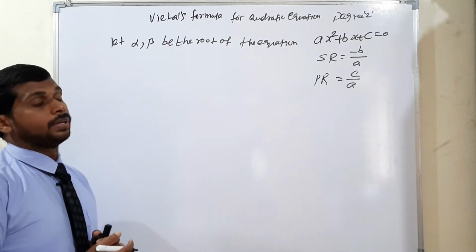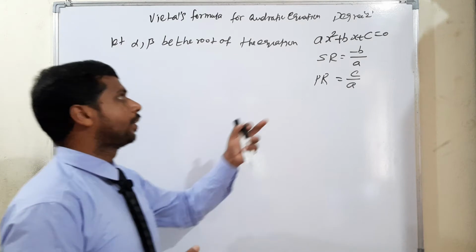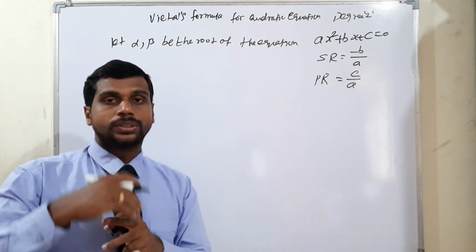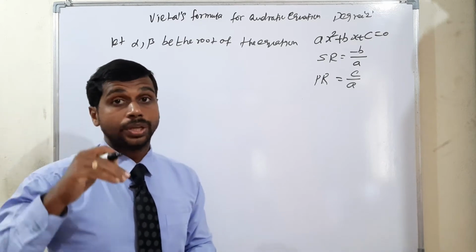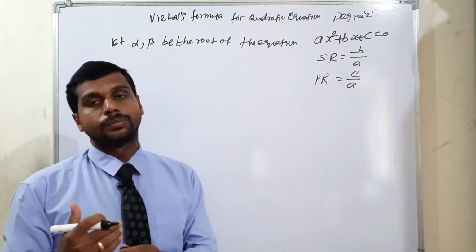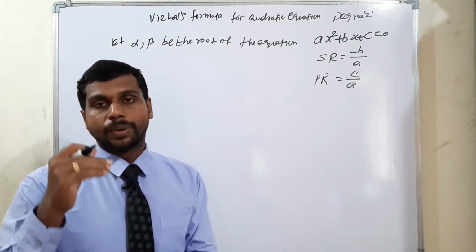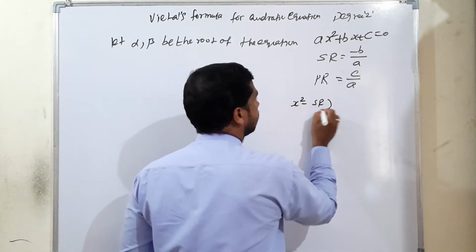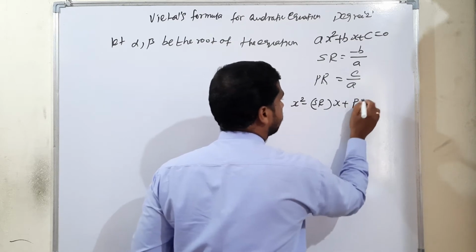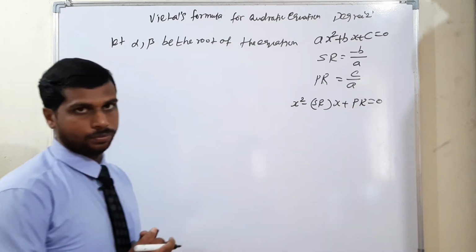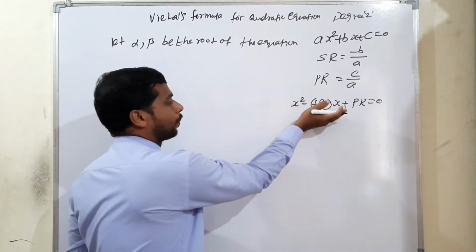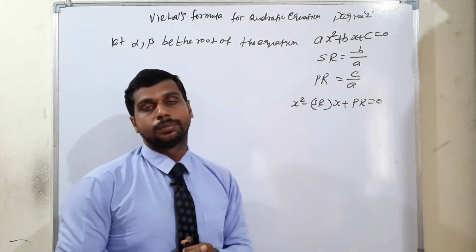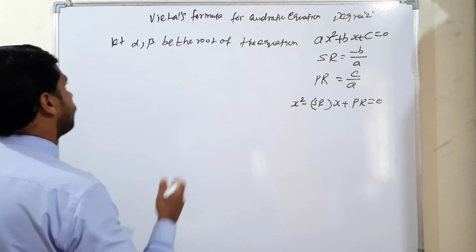In this conversation, how are we getting the sum of the roots and the product of the roots? After getting the sum and product of the roots, if you need to apply them to many problems, you have to utilize one of the main important formulas. What is the formula? x square minus sum of roots x plus the product of roots is equal to 0. This one also I will prove. I will show how to get the values from the leading coefficient, ax square plus bx plus c is equal to 0.